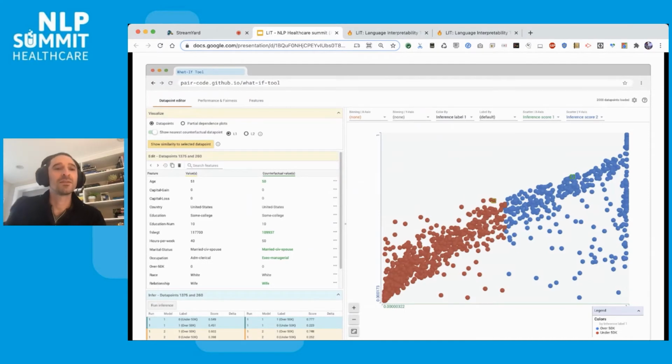Some examples here. One is the What-If Tool, which I'd mentioned before, which is kind of a predecessor to the Language Interpretability Tool that I'm talking about today. We built it to be able to take trained machine learning models that either do classification or regression and allow you to probe them interactively and visually to understand what's going on under the covers and look at things like fairness, different treatment of different subgroups of the data, and if there are big disparities there, things like closest counterfactuals: what I have to change about a data point in order for the model to make a different decision.